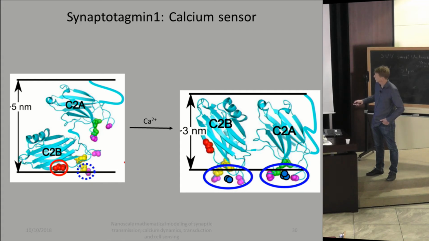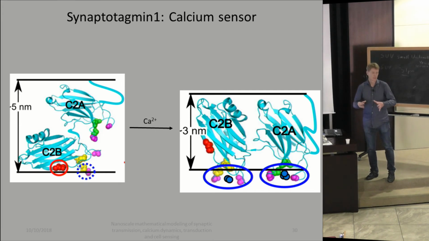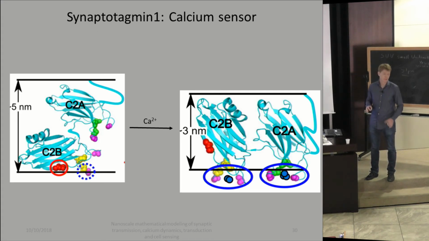So the green parts are, and the yellow parts, which I'm wrong. The blue dots are calcium. So that's where calcium is binding, and these purple domains will go inside the membrane because they will be exposed when the calcium is binding. So the protein will reorient, which will release the vesicle that was held in this configuration. I didn't explain it well, but I should say it again.